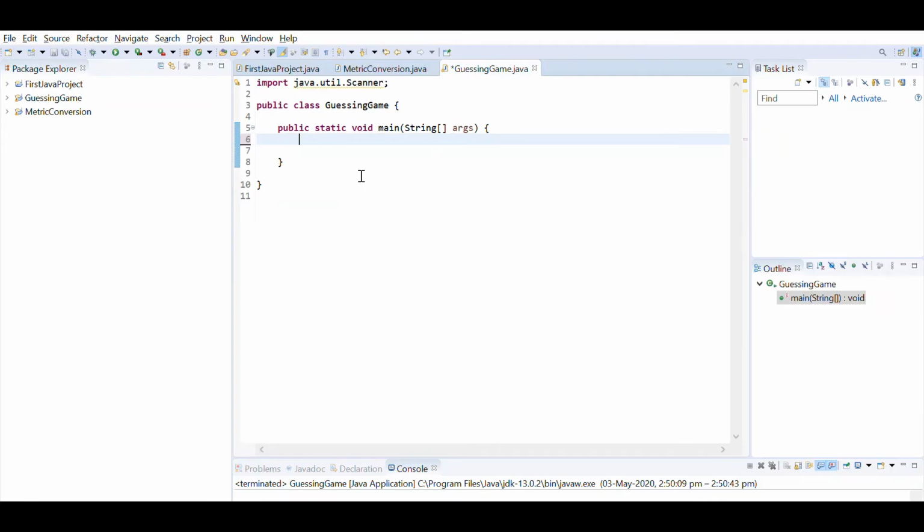I have created a new Java project in Eclipse and done three things. First, I have imported the Scanner class, then I have made the class, and then I have declared the main method. Now the first thing I will do is initialize the Scanner object. To do that, write Scanner input equals new Scanner(System.in);